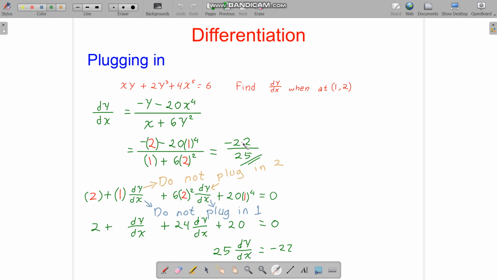You can also plug in to this form here. So when you take d/dx of both sides, you get 2, because this is from